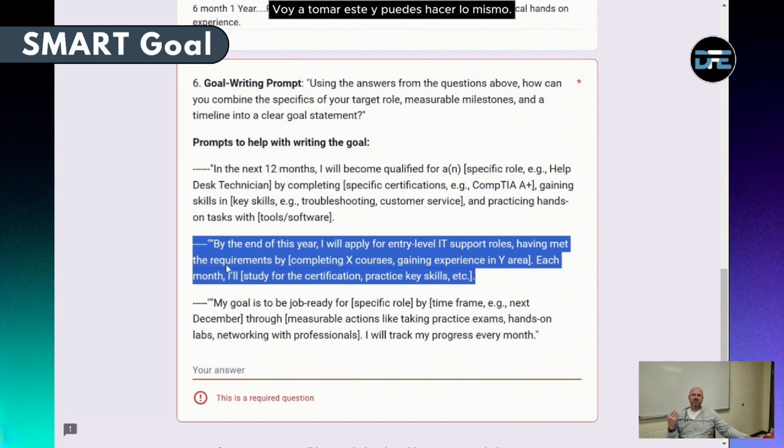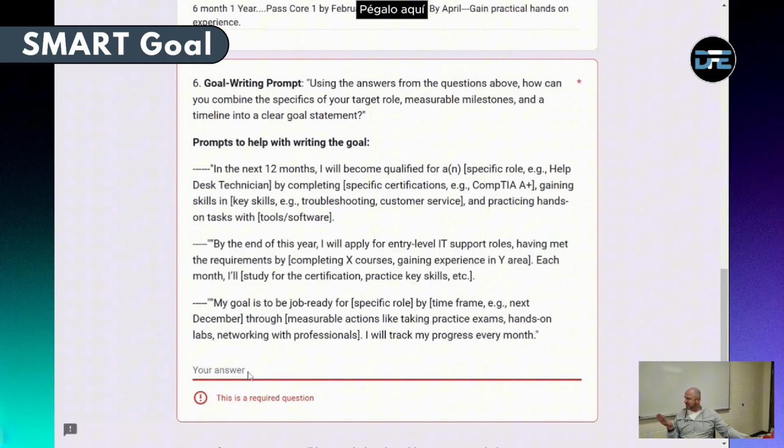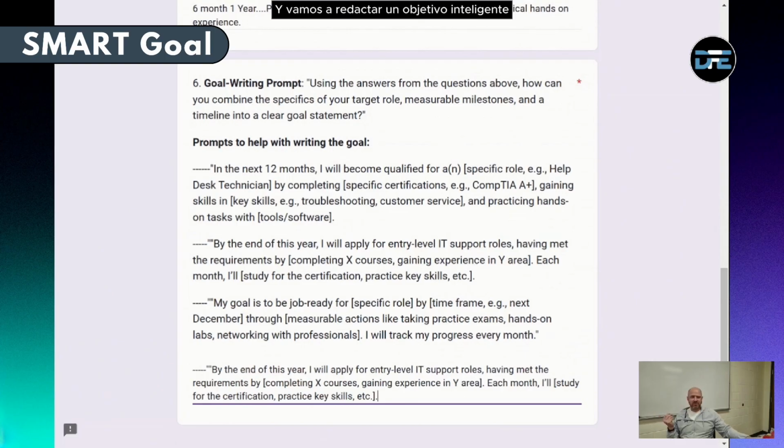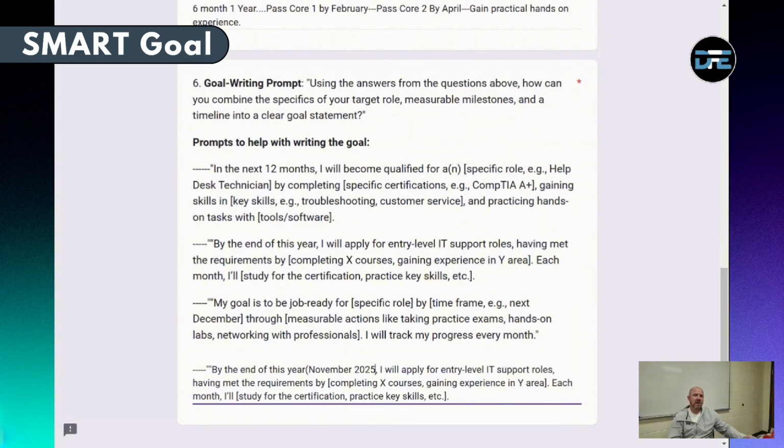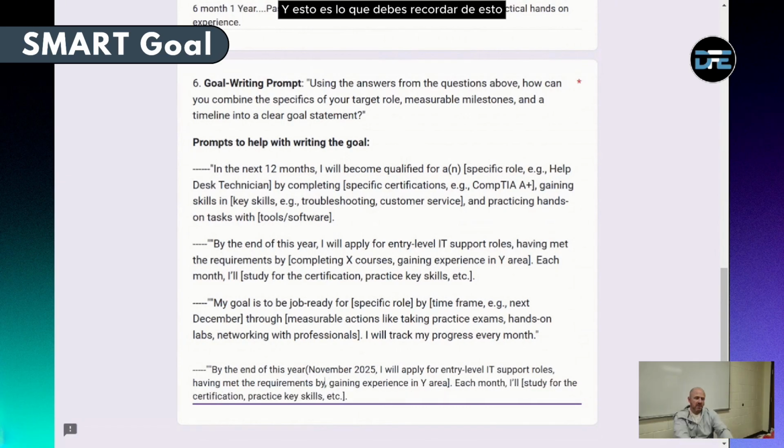I'm going to copy and paste the second one, since it probably fits that goal better, and you can do the same thing. Paste it here, and we're going to draft a SMART goal. So by the end of this year, we're in November now, so I would say November 2025, I will apply for entry-level IT support roles, having met the requirements of